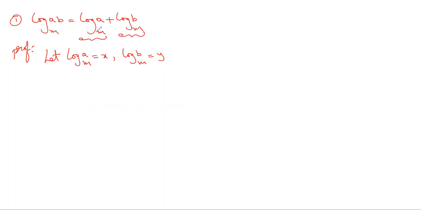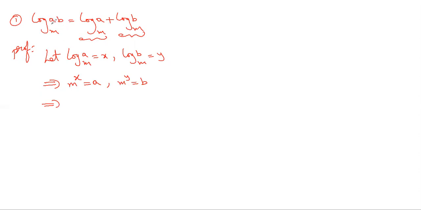So you are looking for x plus y equal to log AB base m. For that, first convert this into exponential notation. As I told, first write the base when you're converting from one notation to another. The base is the same, and the one which is away from the base, x, becomes close to the base, and the one which is close to the base goes away from the base. Next, the same way here, m power y equal to B. And if you see in the LHS, you want log AB, and you have the A value and the B value.